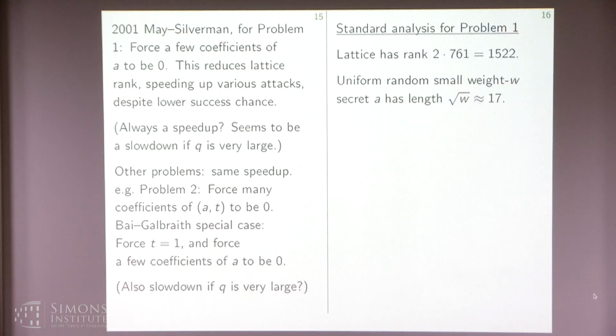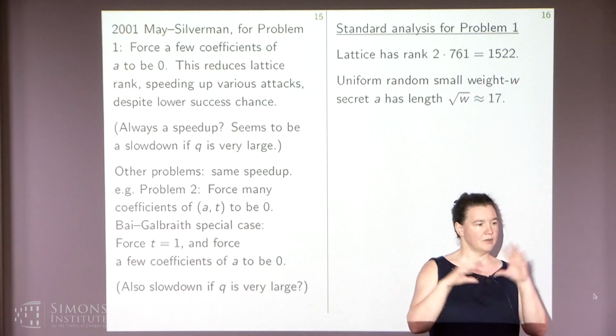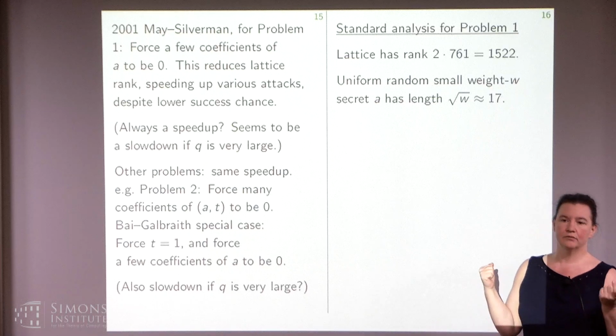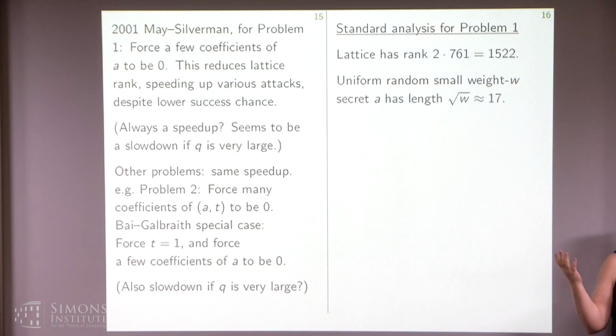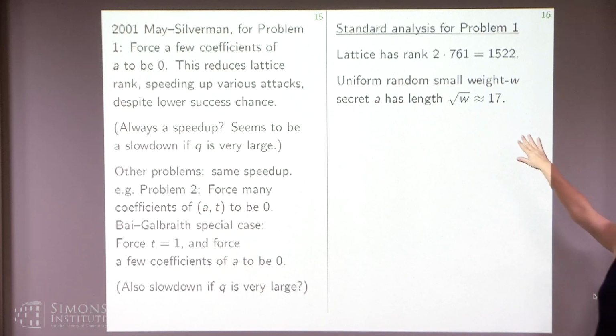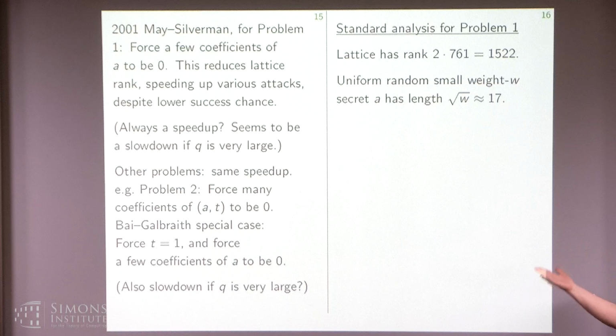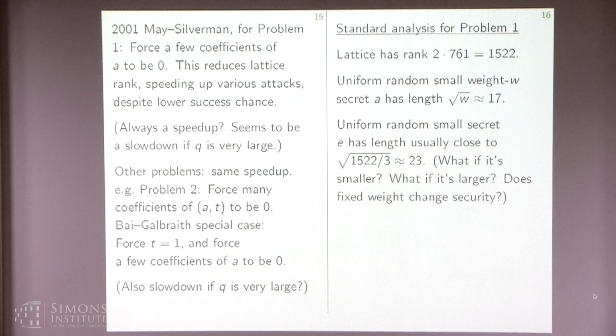All right, so standard analysis, as I already promised. Let's look at some concrete numbers. So now we're back to problem 1 for the Streamlined NTRU Prime. So our 761 lattice, weight, well, 268, not 269, 86, not 9, so it's almost square of 17. And then just problem 1. So we have 2 times the degree of the polynomial, so 2 times 761 as a dimension of this lattice, and then we're going to apply the May Silverman idea to this,